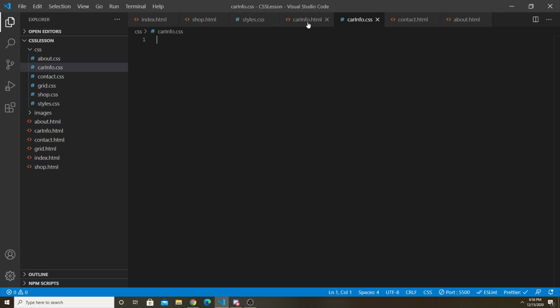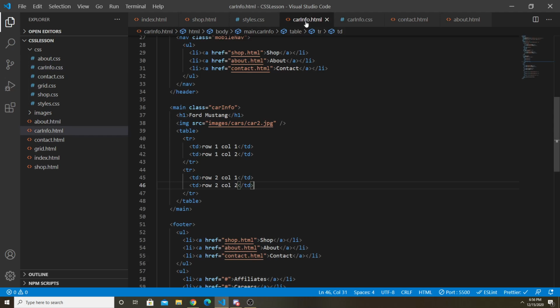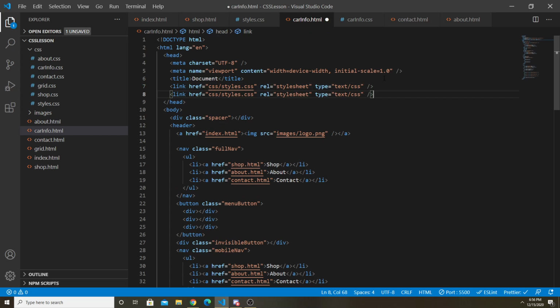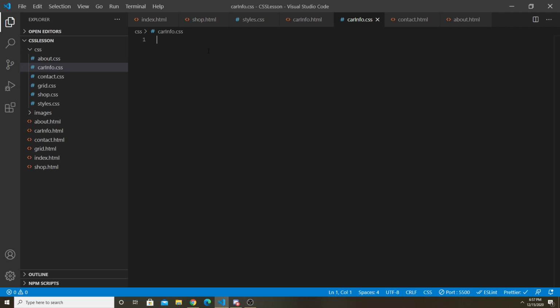Carinfo.css, we need to hook it up with carinfo.html. So I will copy this CSS link and change it from styles to carinfo.css. So now I should be tying carinfo.html to carinfo.css, and just to check if it's working, we have